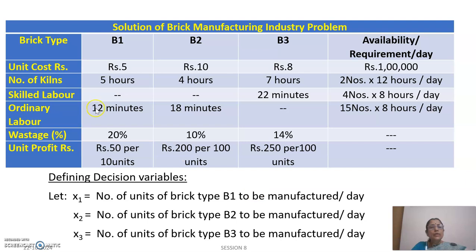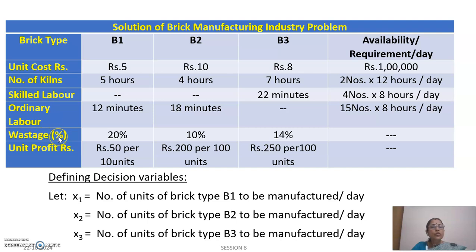So we have to write down that unit cost is given and the total available budget on hand is 1 lakh. And then unit profit is also given to us. So that is where we have to extract the decision variables. We can see that the problem has one cost constraint, kiln constraint, skilled labor constraint, ordinary labor constraint, and